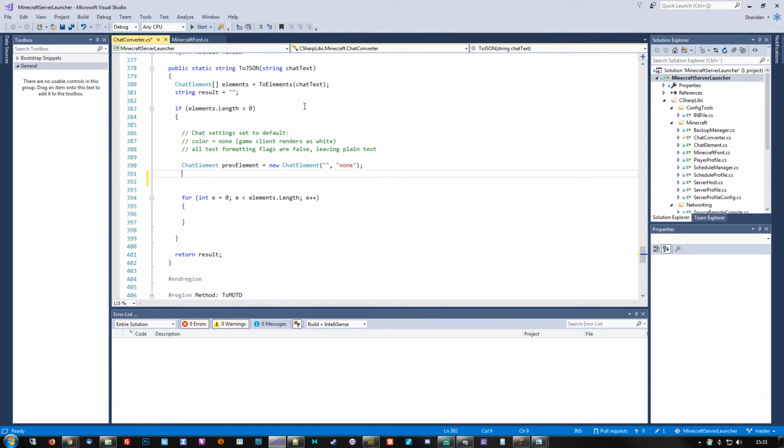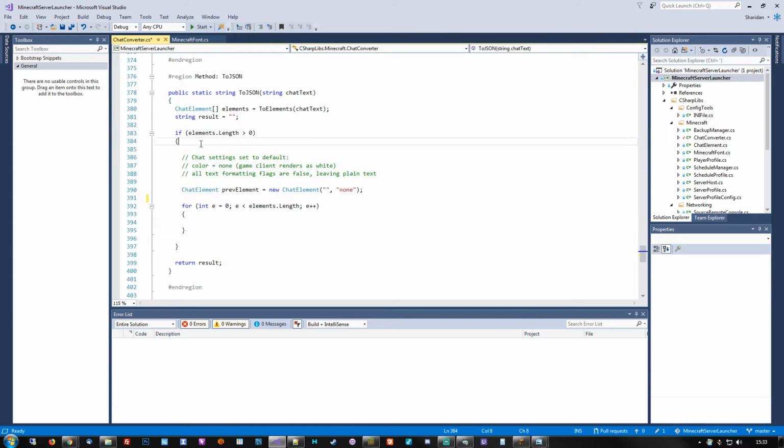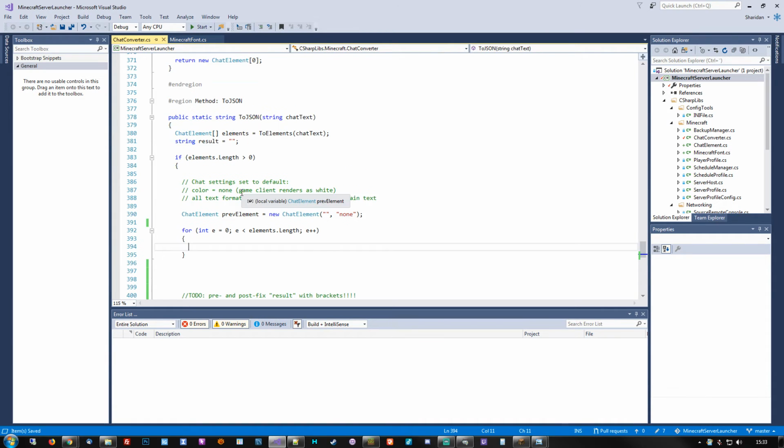Okay, so this now comes with a default setting. So to start building all this stuff, we need to first compare all of the individual properties to figure out whether we actually need to add this or not, and then handle it from there. Since we are, we'll do that last. To do pre and postfix result with brackets, and this is pretty important that we remember doing this. Okay. Alright, so